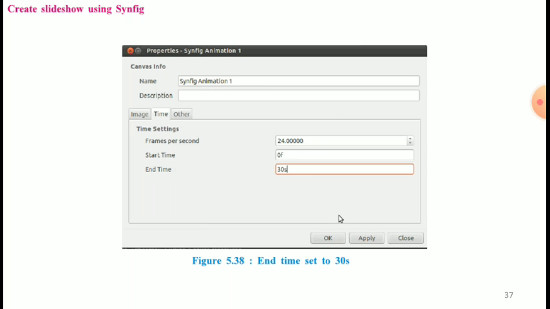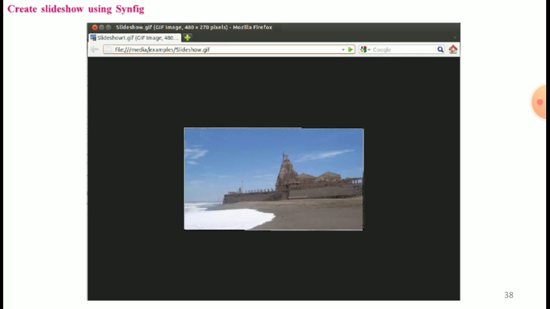Figure 5.38 shows the end time settings. Next click the play button to preview the presentation and save by rendering the file. Figure 5.39 shows the output in the web browser.